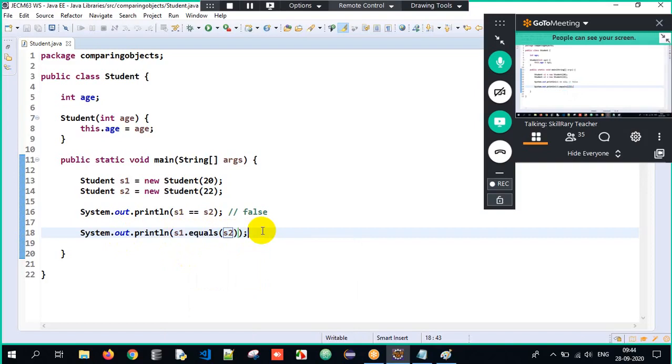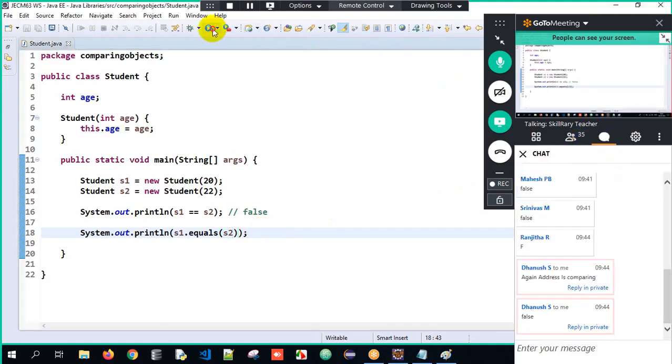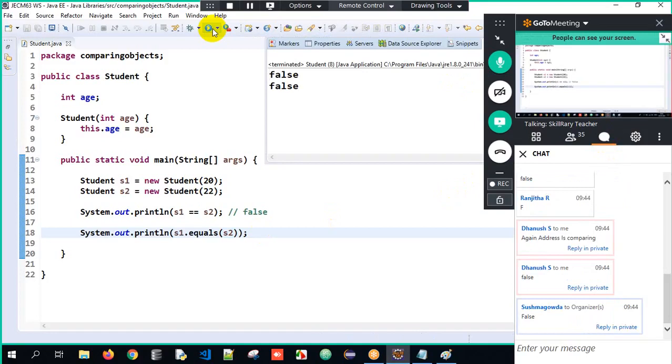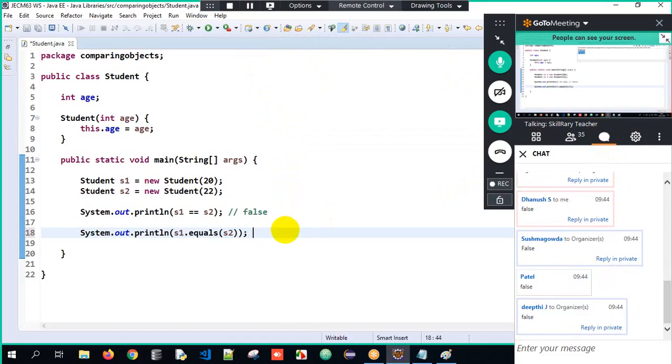Now what should be the output as of now? True or false? Now when I execute the program, I will get the output as false only. So what did you understand?